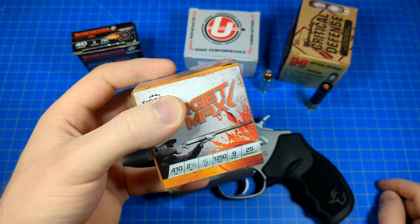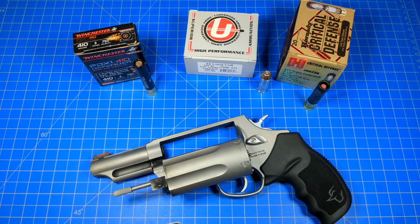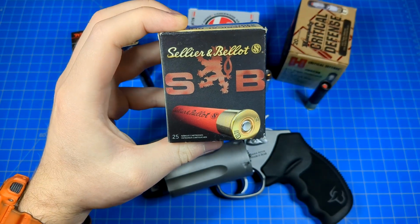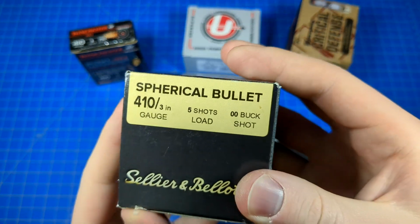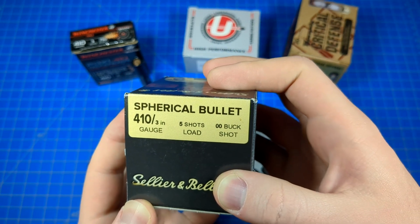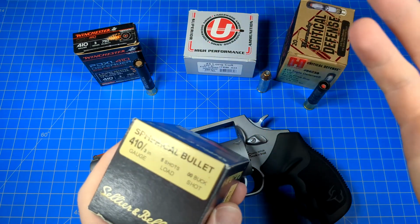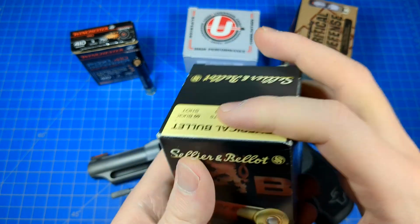I'm not saying they're useless, but I would never ever use these against human attackers. They're probably not going to do anything other than piss them off a little bit. The double-aught buckshot, they didn't penetrate that well either. We're getting a pretty heavy payload here, but they simply don't penetrate far enough, I don't think, and I don't think that's enough to compensate for it, unless you're point blank, but you can do a lot of damage with any gun point blank, so it's kind of redundant, and these just flared up way too much,